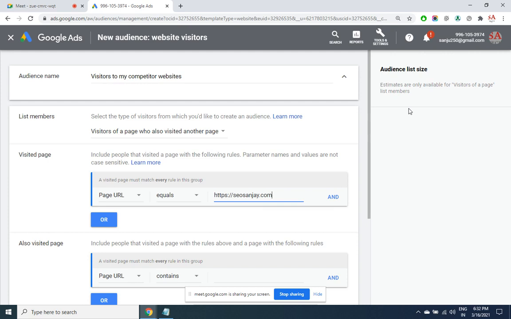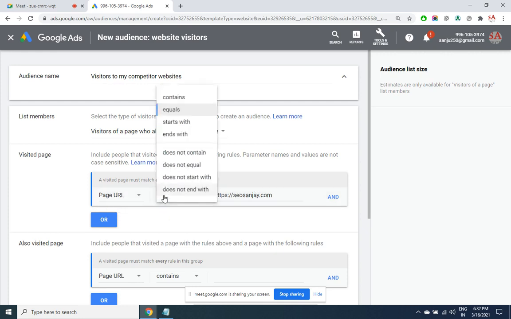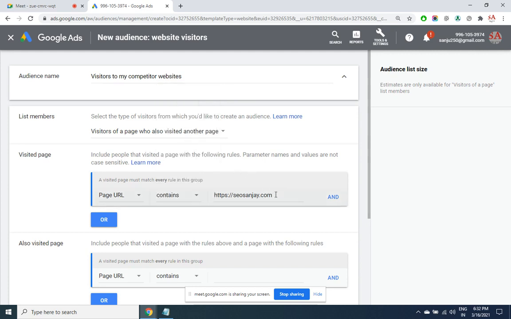Yeah, for the start you can target rival marketing. Whoever are your competitors, you can mention their site addresses. So page URL equals or has any particular word. I can even go with a particular word, let's say contains the word SEO. All the sites where the SEO word is there, all the web page URLs. You have an AND condition or OR condition you can give. So I have the OR condition.